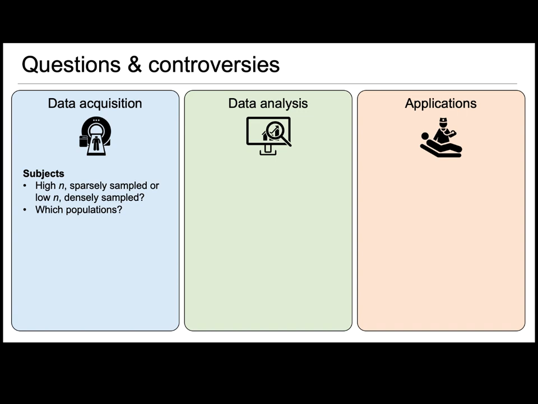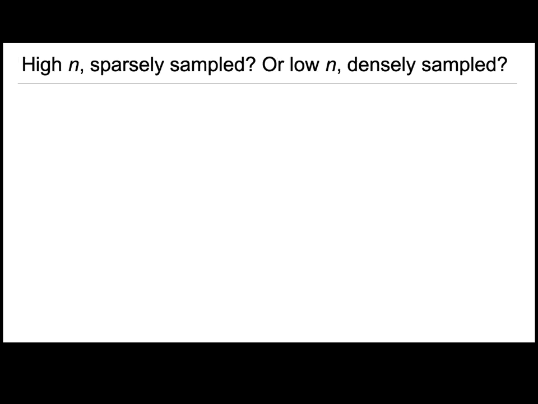And then the second question is, which populations should we be targeting? Should we be just trying to get a handle on individual differences in healthy controls? Should we be extending out into patient populations? If so, which ones? So to break each of these down a little bit more, this first question of high-end